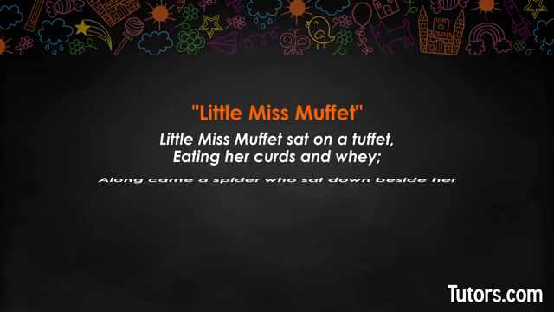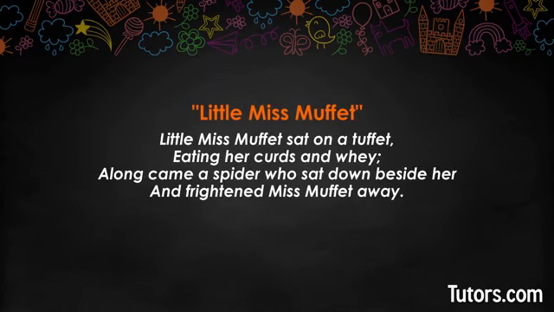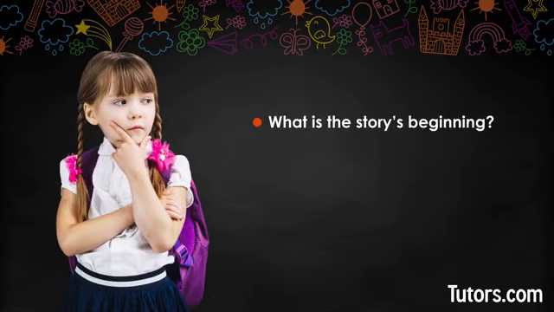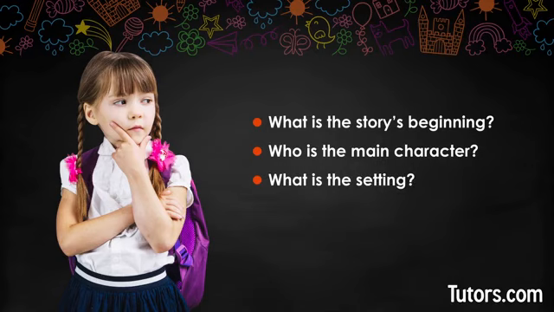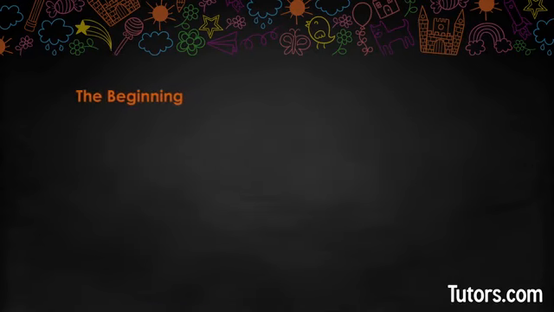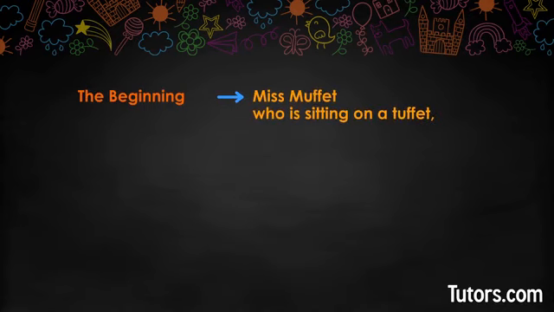Let's take the simplest of tales, Little Miss Muffet, to practice constructing a plot diagram. Here is the original nursery rhyme. What is the story's beginning? Who is the main character? What is the setting? At the story's beginning, we are introduced to Miss Muffet, who is sitting on a tuffet